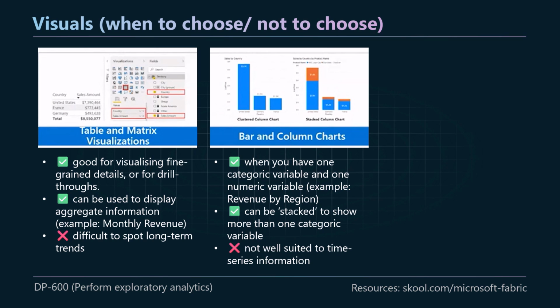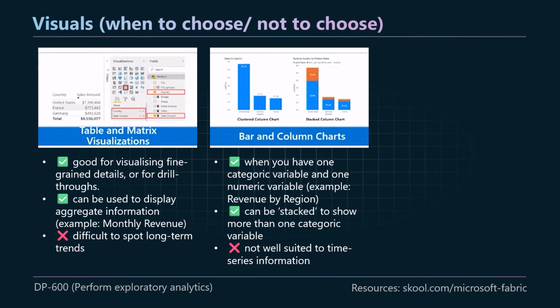Next, we have the bar and the column chart. When you have one categoric variable and one numeric variable, for example, you might be looking at the revenue by region, these are particularly useful. They can also be stacked if you want to add another categoric variable into your analysis. So maybe revenue by region, but then also by product type as well,